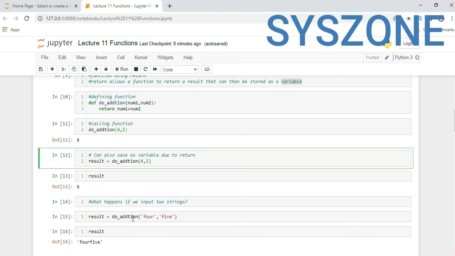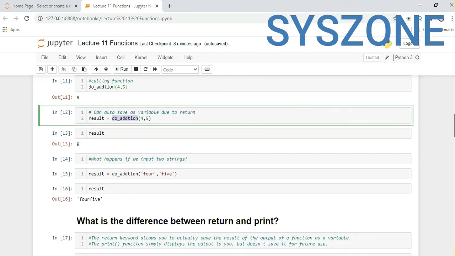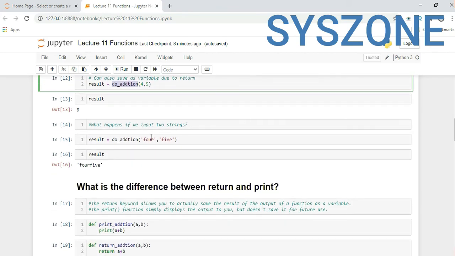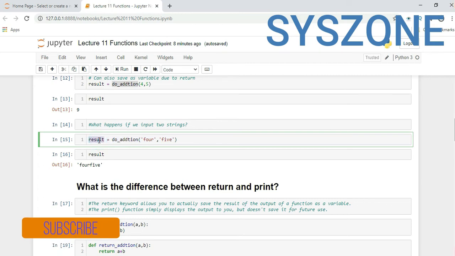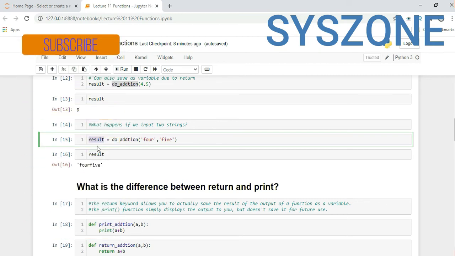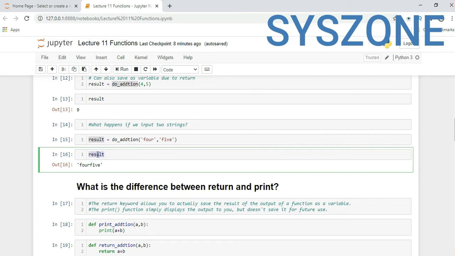Here we did addition of two numbers. Now, if you do addition of two strings while calling this function, you can store that value or result in a variable and you can print it. Because this is an addition function, it will just do a concatenation of the two strings.